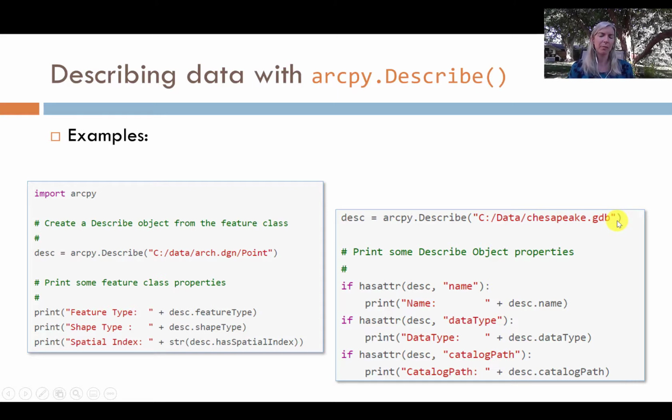Maybe the thing you're describing will be passed in by a user and you have no idea what they're going to give you. So you don't want to try to get the shape type of a raster. You don't want to try to get the cell size of a vector. So has attribute is just a nice way to keep your code clean and